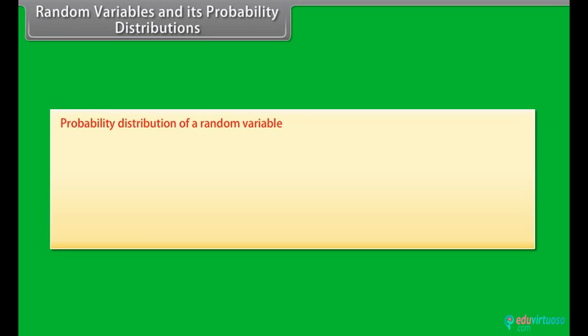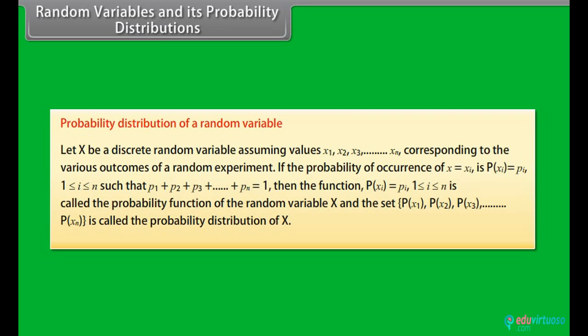Random variables and its probability distributions. Probability distribution of a random variable. Let X be a discrete random variable assuming values x1, x2, x3 up to xn, corresponding to the various outcomes of a random experiment. If the probability of occurrence of X equal to xi is pi, 1 less than or equal to i less than or equal to n, such that p1 plus p2 plus p3 plus up to pn is equal to 1,